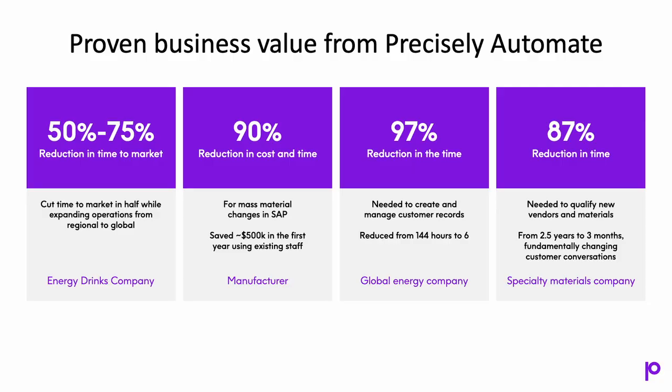And they also got, again, higher data quality. They were able to eliminate that manual data entry. And they cut that time, so they improved their customer satisfaction. In your case, it could be donor satisfaction. And then an 87% reduction in the time needed to qualify vendors and materials. I think this one reverberates across any organization that has critical materials or critical items that they need to acquire from vendors.